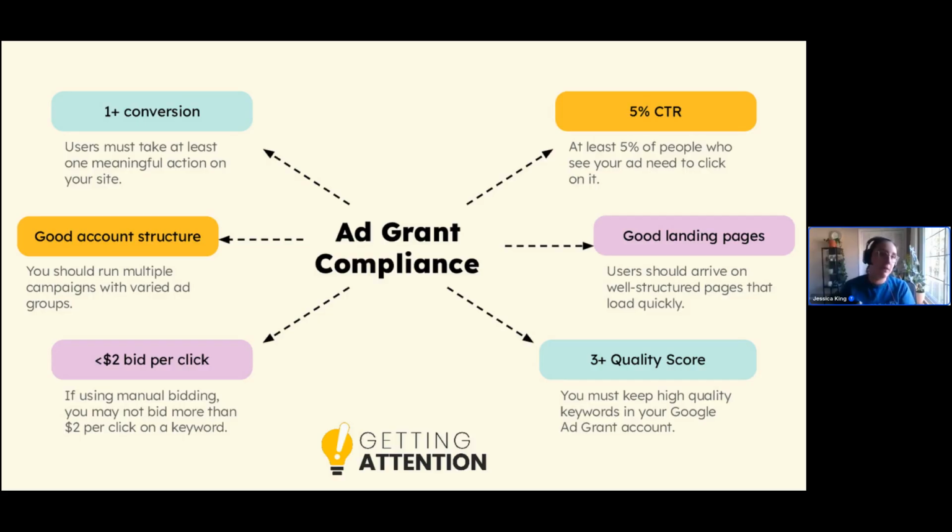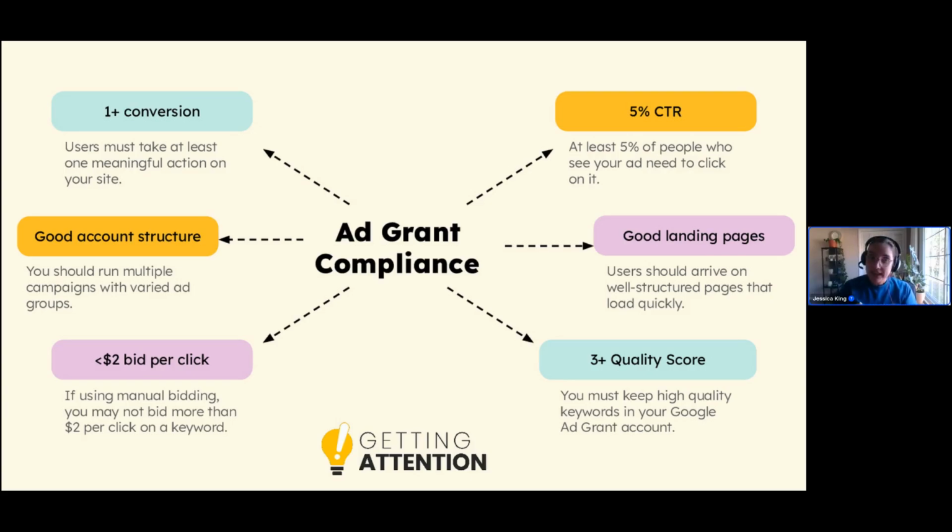Not just donations, but maybe also signing up for emails so that you can get folks who are ready to be nurtured over time. Maybe folks entering some sort of giveaway. I'm trying to think of other common ones. Volunteering is a huge one, etc. You can apply a lot of these different things to conversions, but you need to get at least one. So that's also why it's beneficial to have a mix.